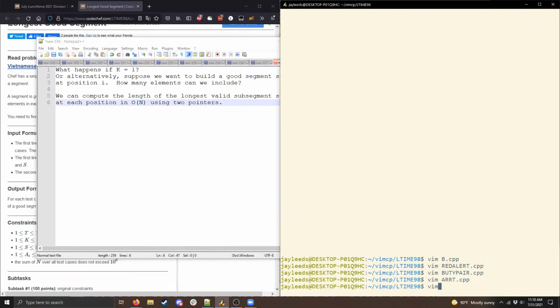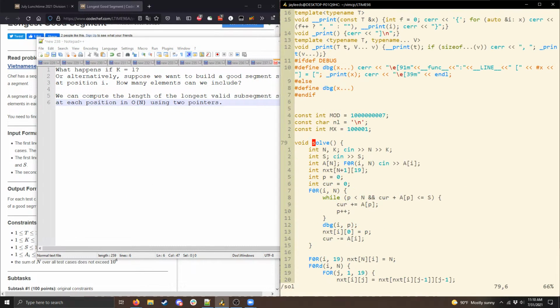And let me show you that in my code because I think that's going to be the easiest way to explain this. So for now you can ignore the fact that this has the second dimension of length 19, but what I do is I read n, k, and s, and then the sequence a, and then I maintain this pointer p that I initialize as 0 and the current sum. And then what I say is while our pointer is less than n and we can add a of p and our subsegment will still be okay, let's add a of p and increase p.